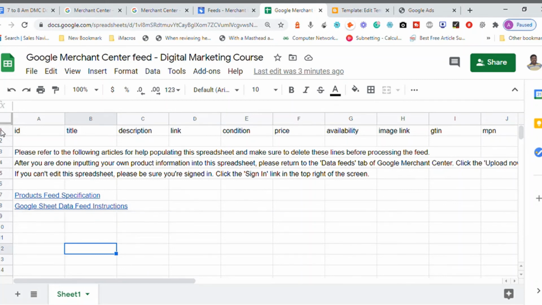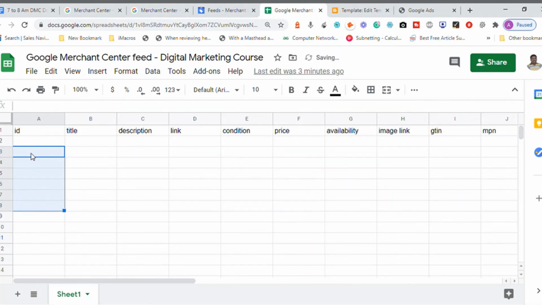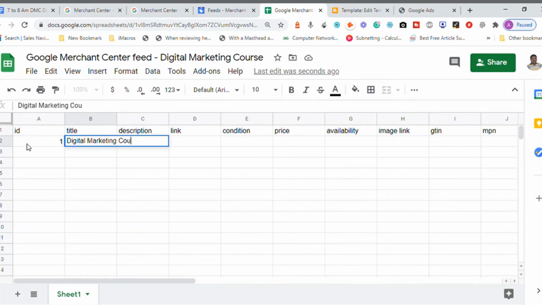Each row is each product, and each column is each attribute. Now what happens? For product 1, the ID, I may have some reference ID, for example 001, and the title of the product is digital marketing course material. I'm trying to sell this material for some rupees.